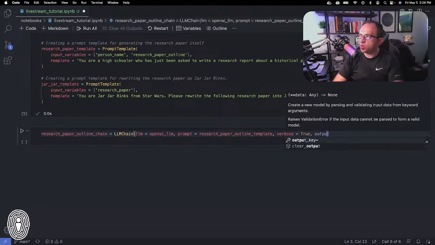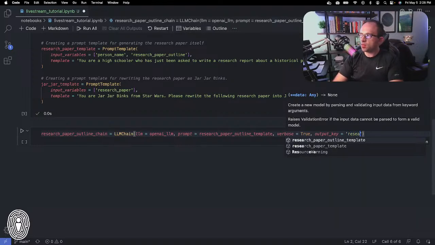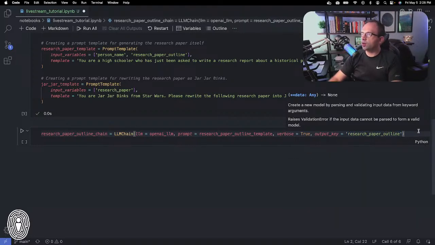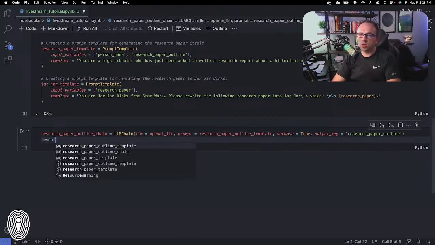And finally, this is where we set the output key. So the output key for this particular chain, we are going to call research paper outline. Yes, that's correct. And then basically we have to do the same thing for the next 2. So research paper